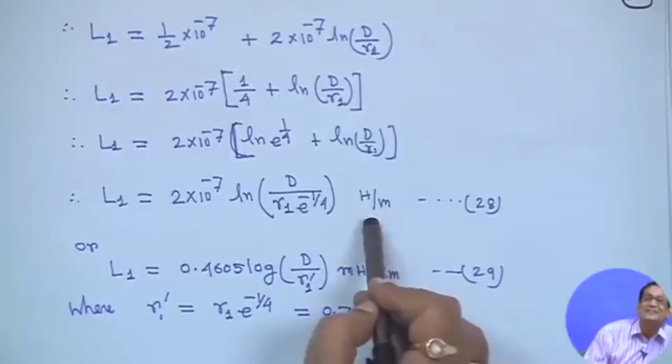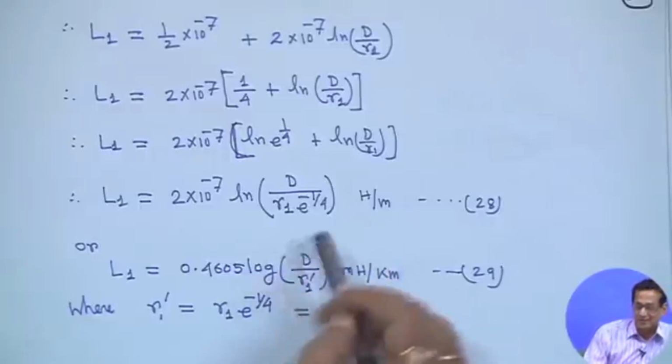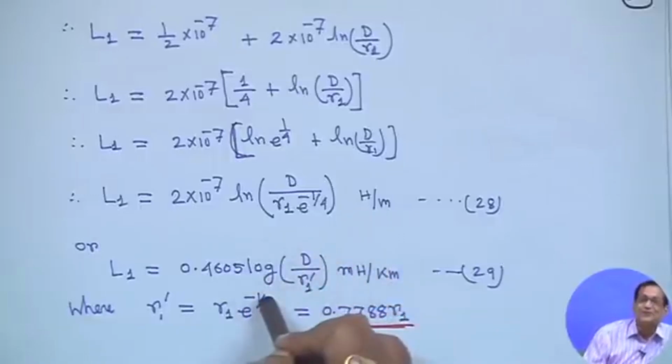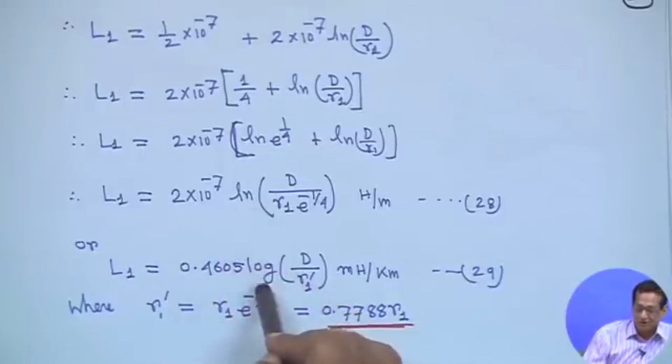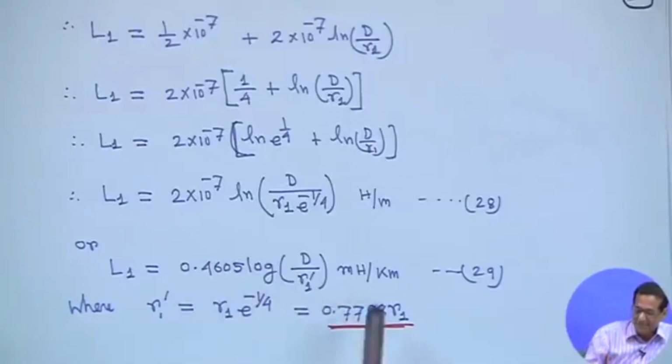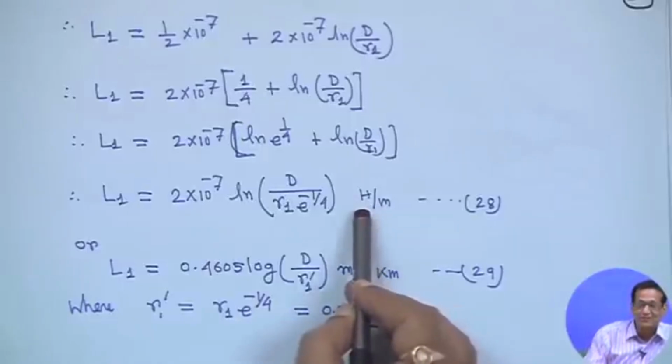This is a small exercise for you. When you are listening to this lecture, please do it. Here, instead of the natural log, we have taken the log. So, if you convert it, remember Henry you have to convert to milli Henry, and